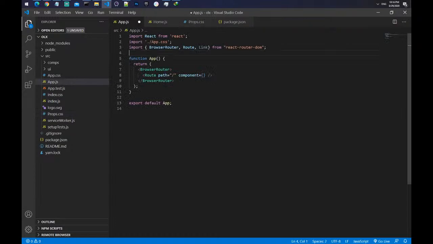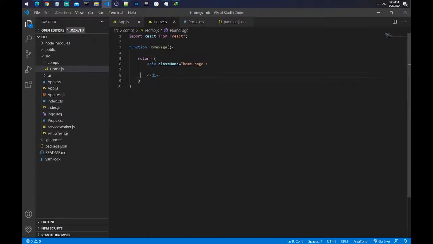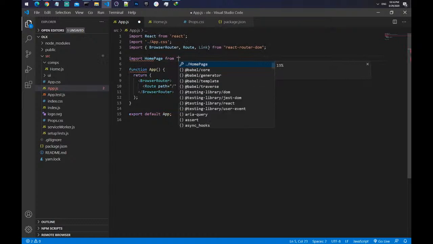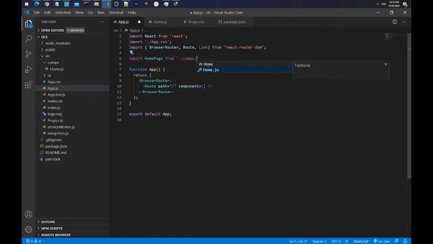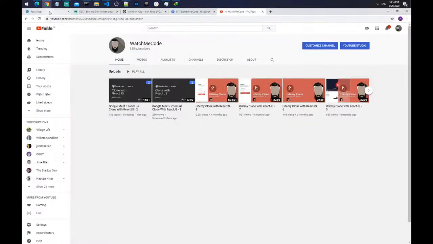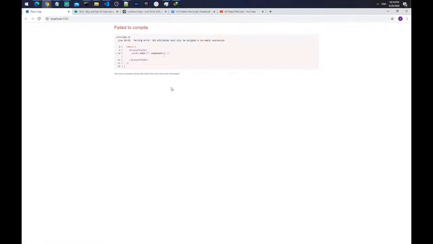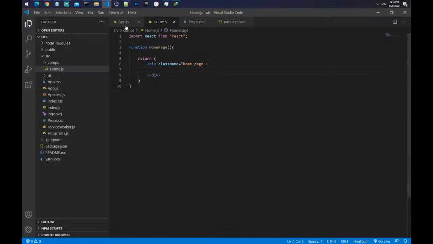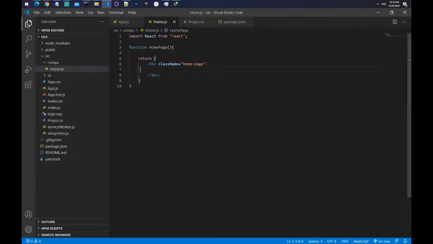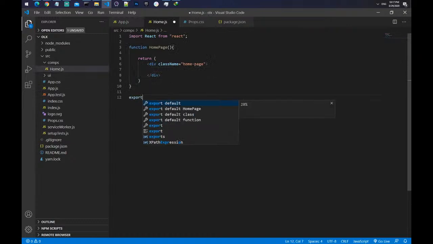So let's go inside the home.js and save it and import home page from comps and home. Perfect. But as you can see, we have a slight error, it says it should be non-empty, and if I just add home page right here, it will give us another error, of course, and it says it is not actually exported. So let's go export default